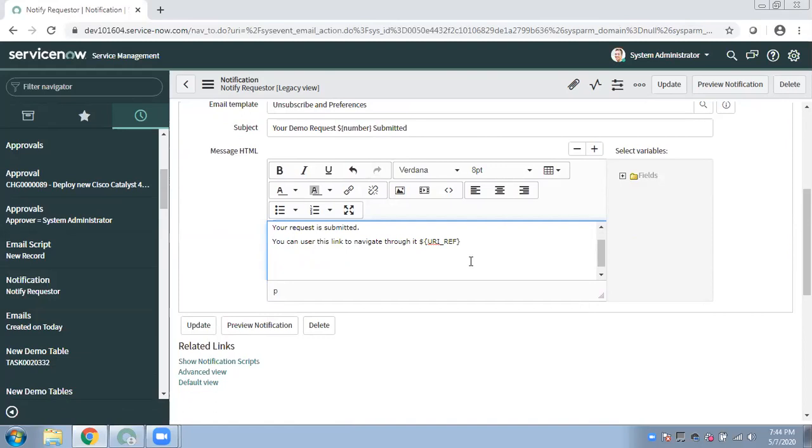So for that, you need to call it, and it's fixed. This is how you call. You need to write dollar curly braces, then mail underscore script, and then colon, and then the name of your email script, and then curly braces close. This is how you call the email script in your email body.